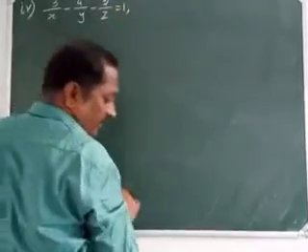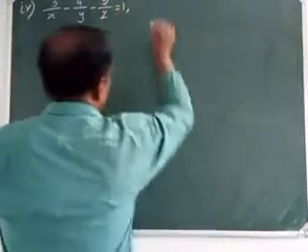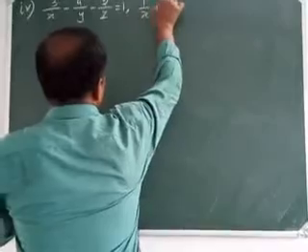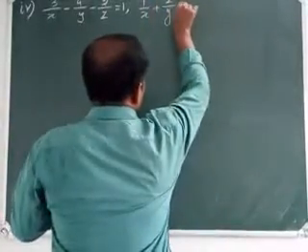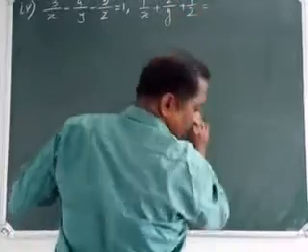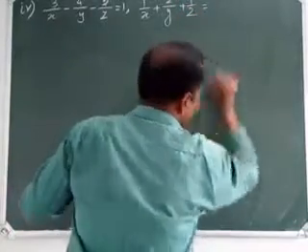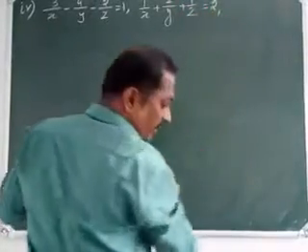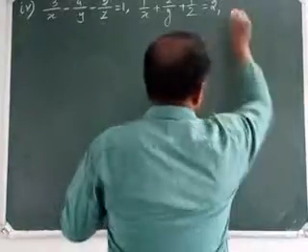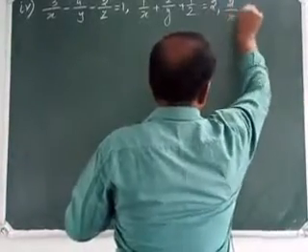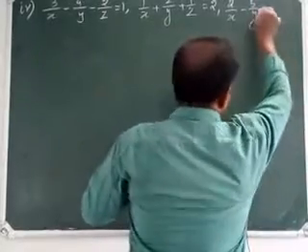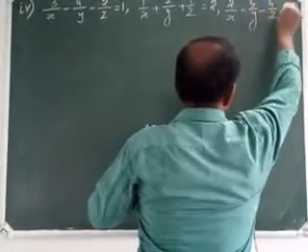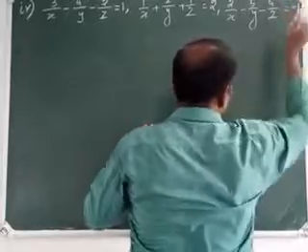That is equal to plus 1. Second equation: 1 by x plus 2 by y plus 1 by z is equal to plus 2, minus 2 is given, so y plus 2. And the next, third equation: 2 by x minus 5 by y minus 4 by z is equal to plus 1 is given, that is minus 1.